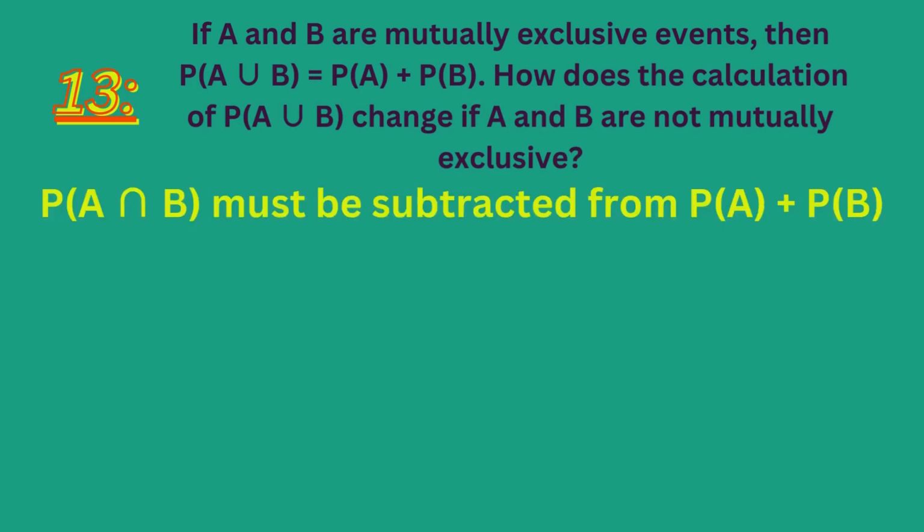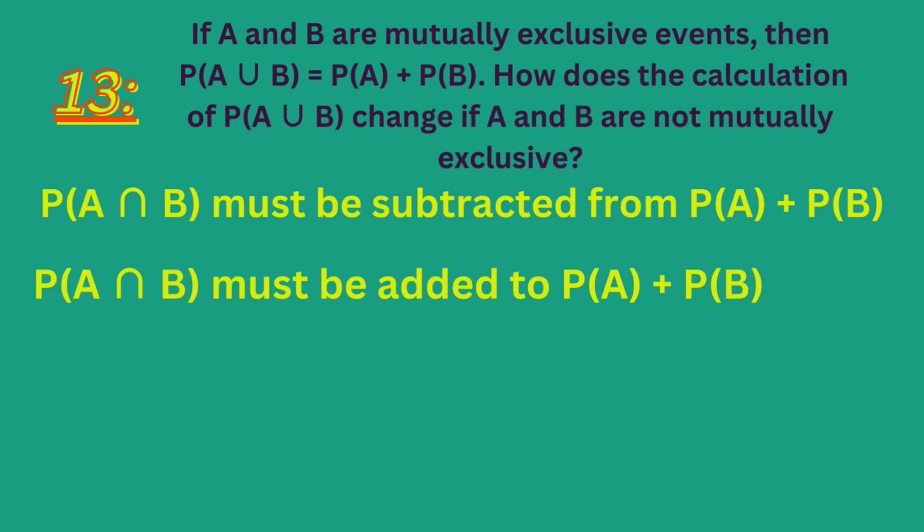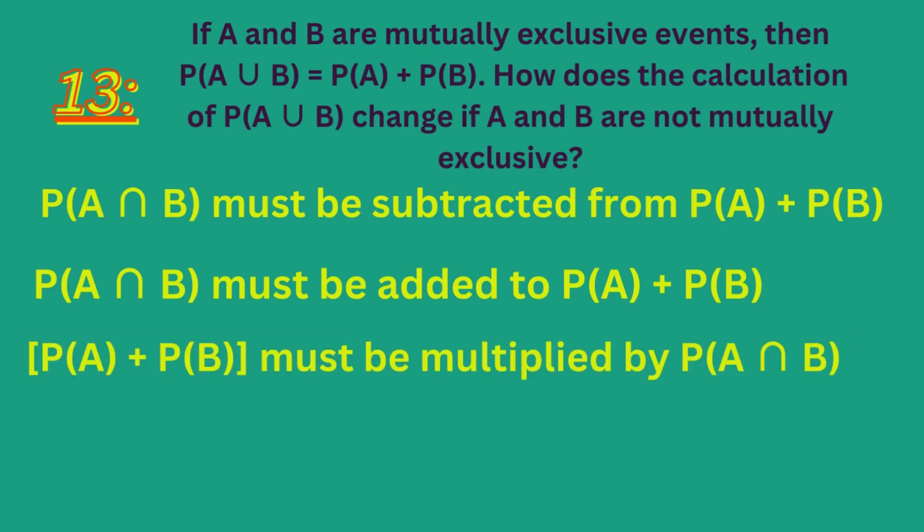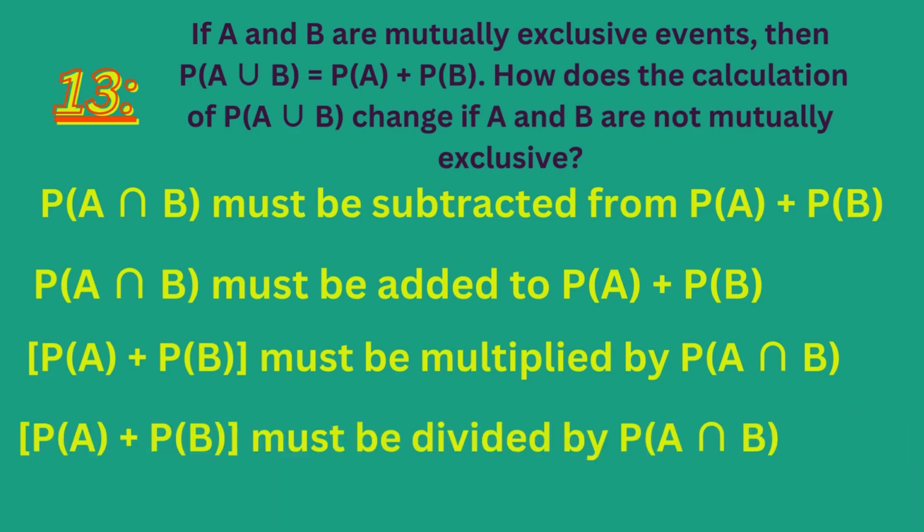Probability of A intersection B must be subtracted from probability of A plus probability of B. Probability of A intersection B must be added to probability of A plus probability of B. Probability of A plus probability of B must be multiplied by probability of A intersection B. Probability of A plus probability of B must be divided by probability of A intersection B. The right answer is